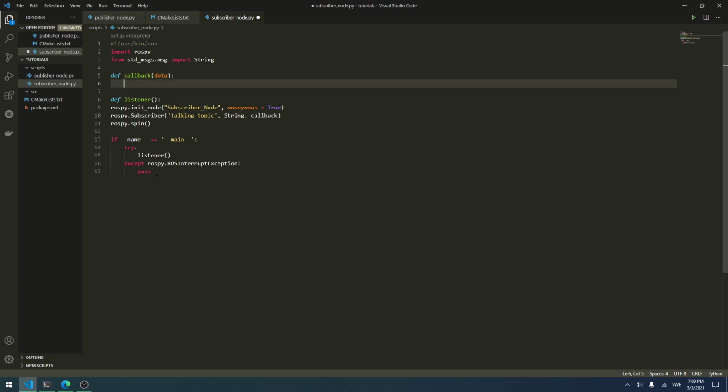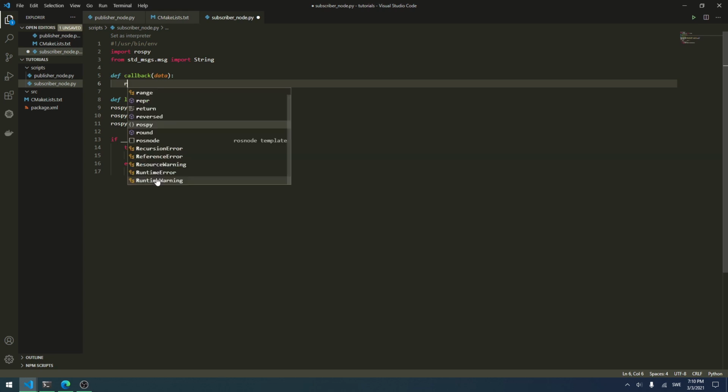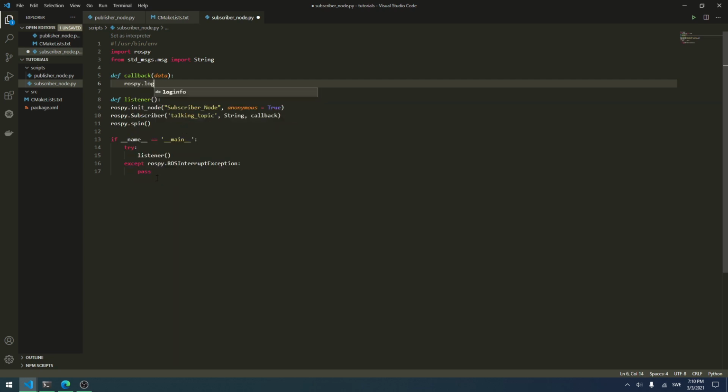And what we want to be doing here is that we want to log this into the terminal. So to do this, we will call rospy.loginfo, and then we will print a message like "received data, %s", and then we want to print out the data that we receive. So the data that we receive is